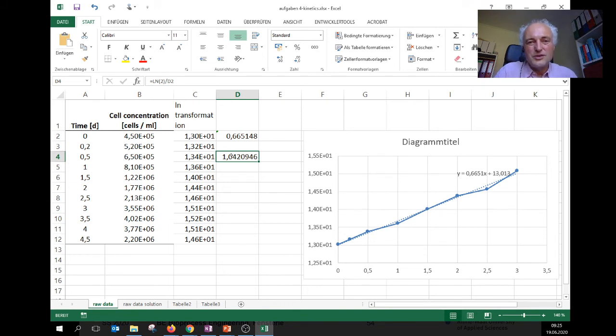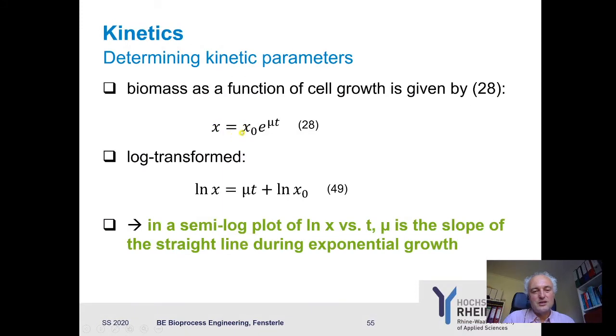You don't do that with your pocket calculator, and you don't have these rounding errors in between. That is very important. If you do a calculation, you shouldn't round too much in between. You round at the end result, because these rounding errors add up, and this is not what you want to do. If you log transform this function, you can write it as ln x is equal to